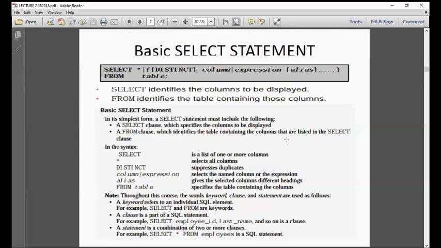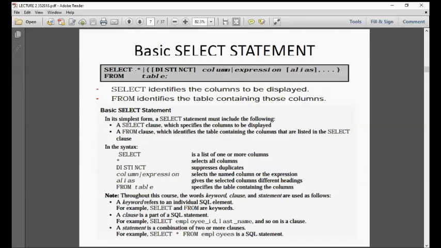So this is the basic select statement syntax. So you have the select keyword, distinct column. I will inform you what is alias, and from table. What is our table? Our table is department and our column is department name. Now, select identifies the column to be displayed. Remember, select column.